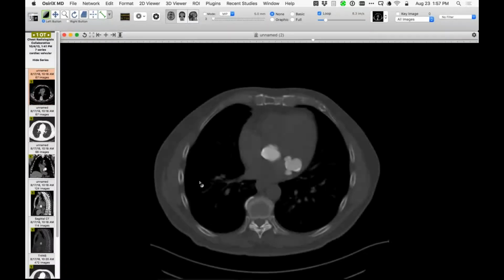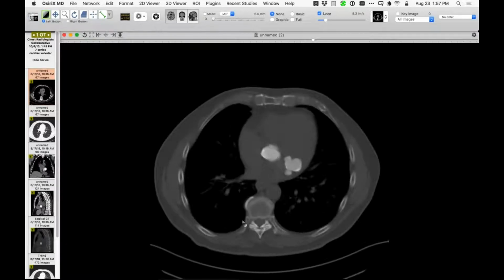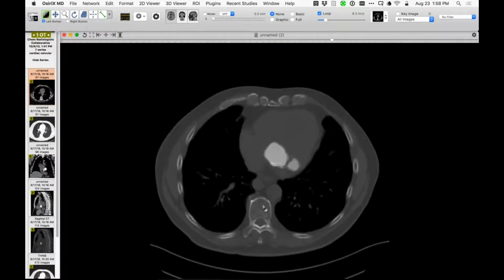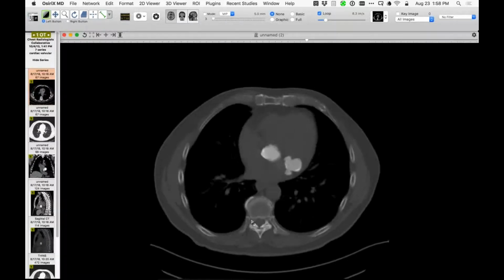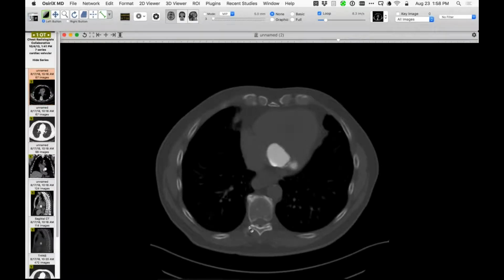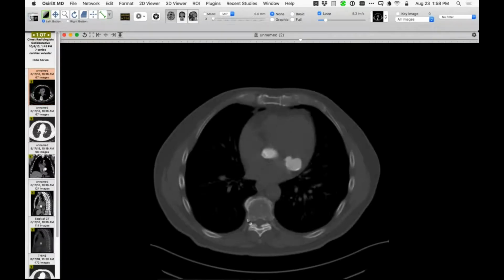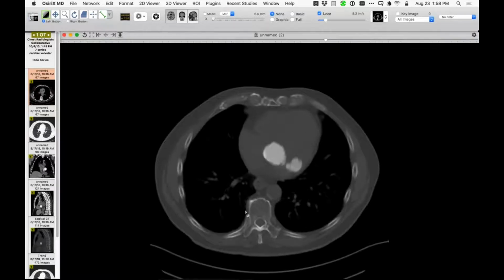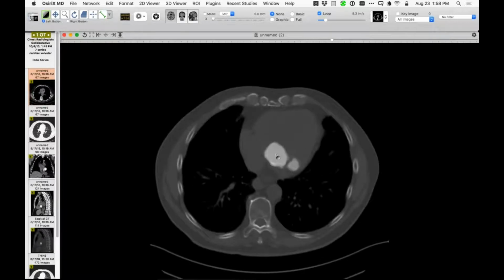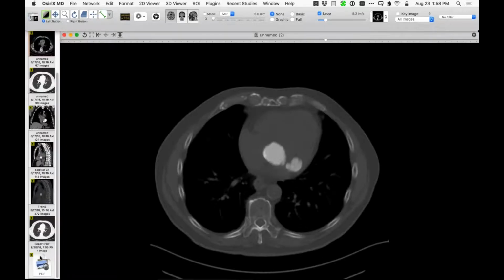When you do the bone window, you can appreciate that if you were to take this material out, it would look like caseous material. So you have some calcification in the periphery, and then the internal portion would look like that white, milky, caseous material. So caseous calcification or caseous necrosis or tumefactive necrosis or calcification of the mitral valve annulus. Pretty florid as an incidental finding, but a really nice attenuation difference between the calcium in the periphery, and I don't know how much calcium is in there, but that would be the so-called caseous material that would come out if you were to